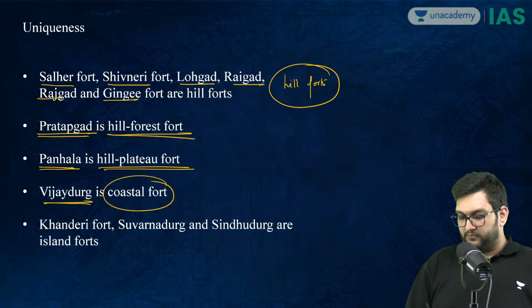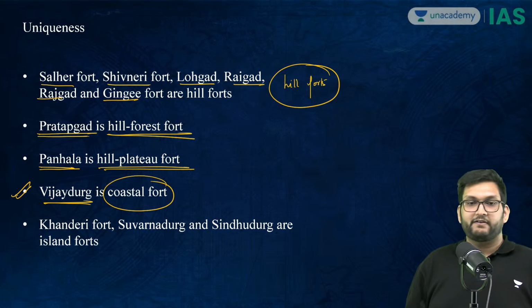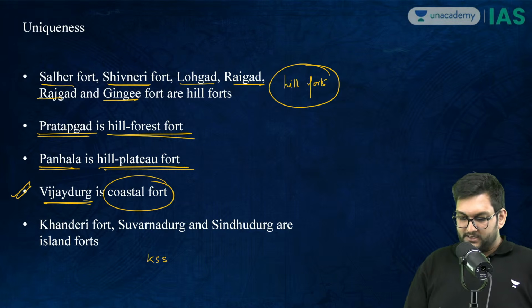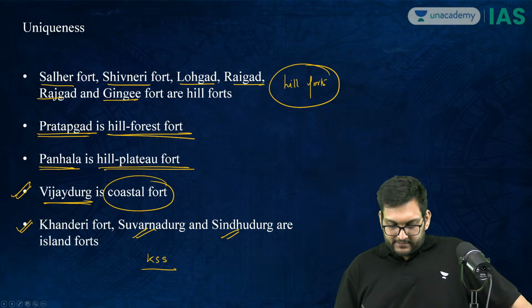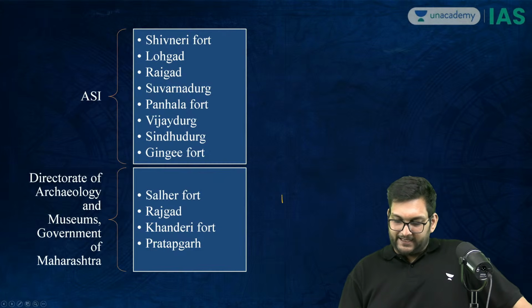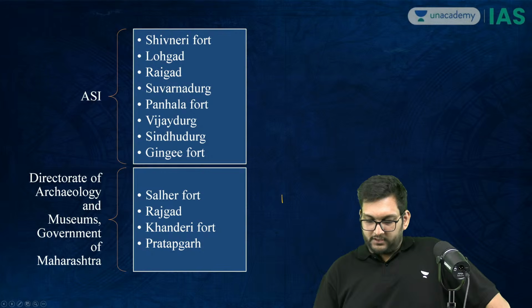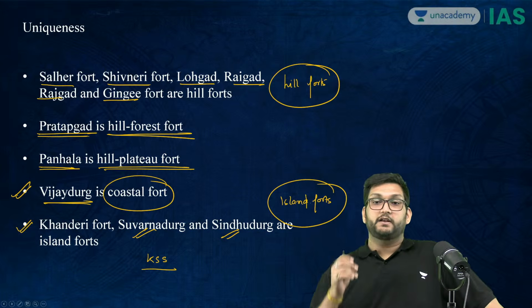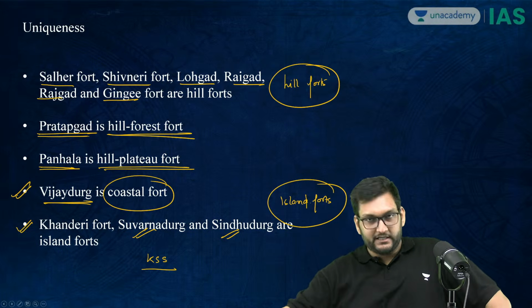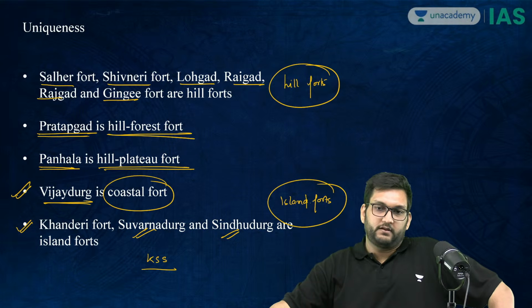Vijayadurg, which is a coastal fort. This is very important. And three very important, KSS, which is Khanderi, Suvarnadurg, and Sindhudurg. These three are what are called as island forts. They are called as island forts. And these forts, in that regard, were the backbone of the Maratha military and the Maratha navy, which is quite